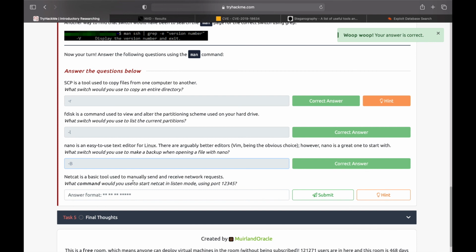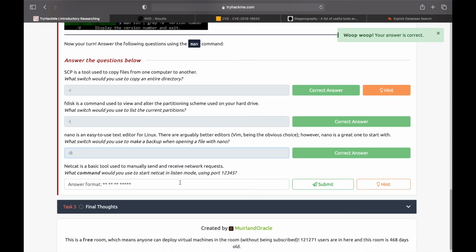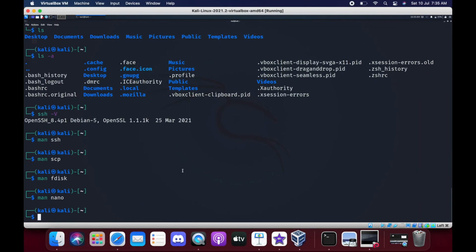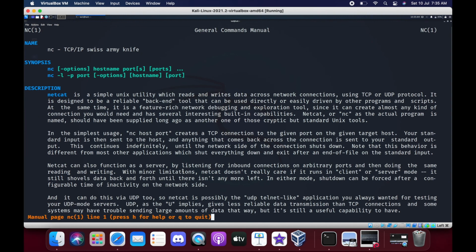Netcat is a basic tool used to manually send and receive network requests. What command would you use to start Netcat in listen mode using port 12345? We need to start in listen mode and with the port. So man nc. We need to listen, right?